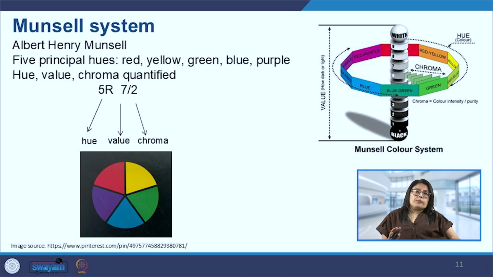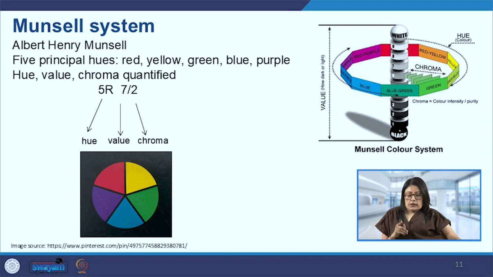So ultimately what he created was a sphere, and we can see a vertical pole in the middle of this circle, and that pole is for the value. As we go up, the color goes towards white. As we go down, to the south pole, that is the color black. And so there is this range 1 to 10, showing how the white is changing to the color black. So there are these steps in between where we have different shades or tints, we can say, between white and black.